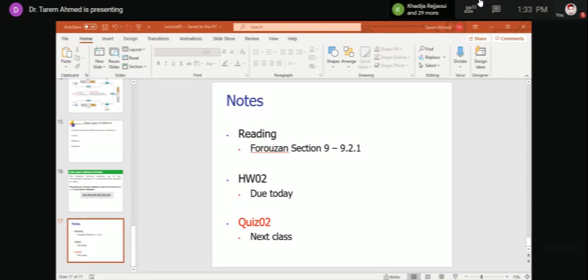12th we won't have a class. I'll give you time off. 14th. ওই exam midterm week is 15th to 19th, ওই উইকটাই।